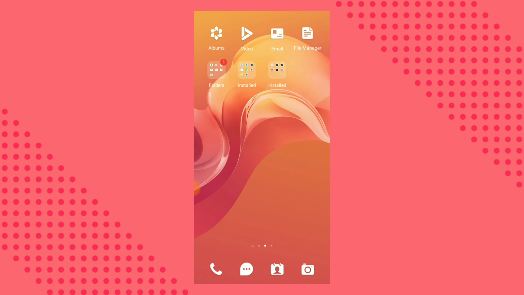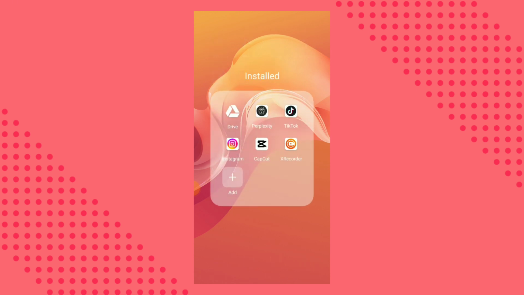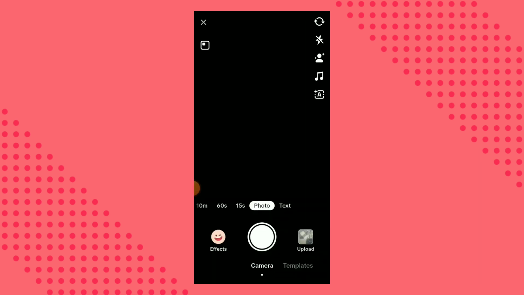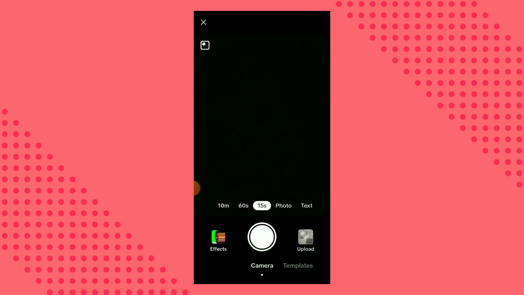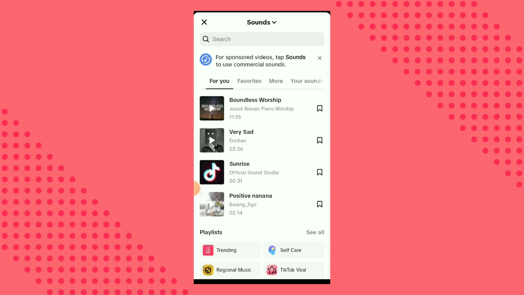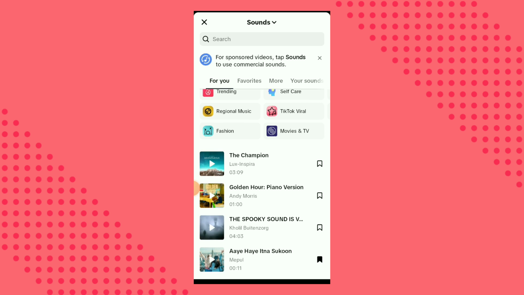Okay, how to trim sound on TikTok before recording? Click on the TikTok app. Now click on the plus mark and click on the video mode. You have to add sound before recording. Click on add sound and add any of the sounds which you want, like this scissor option is for